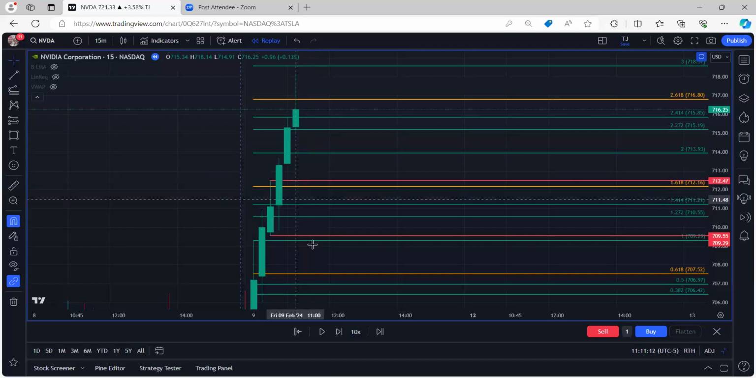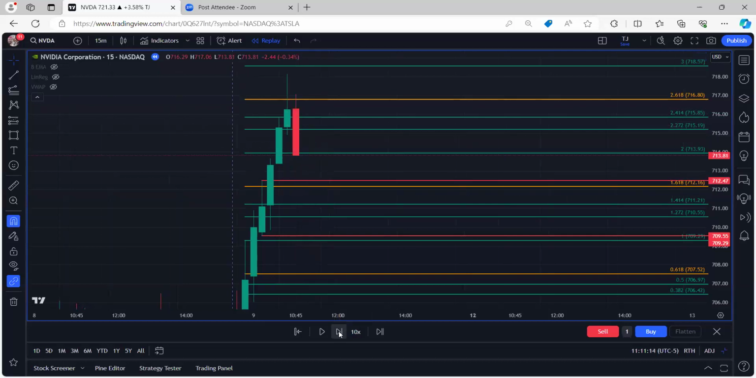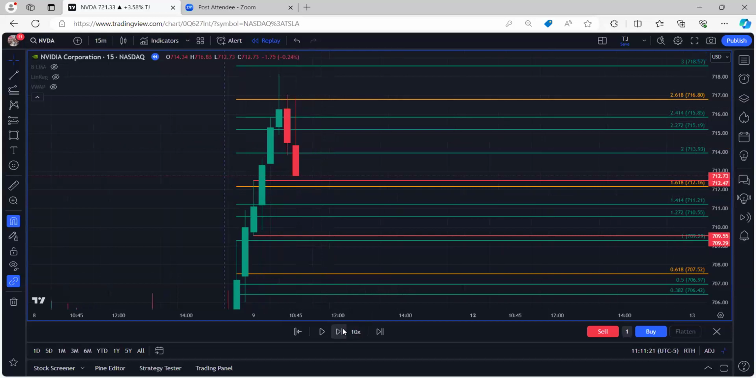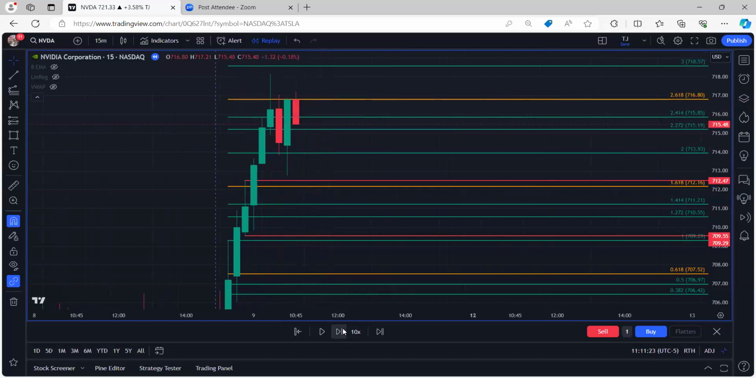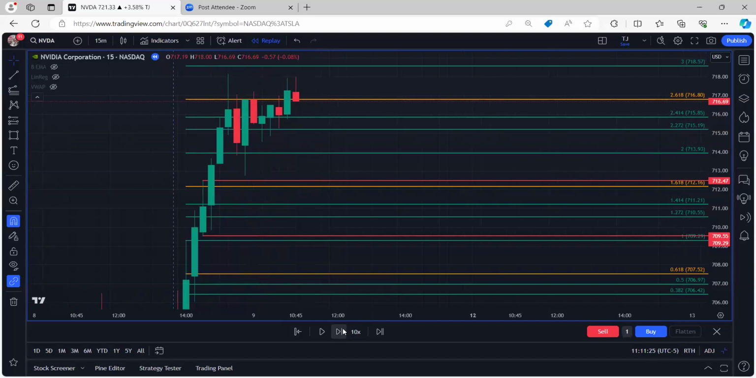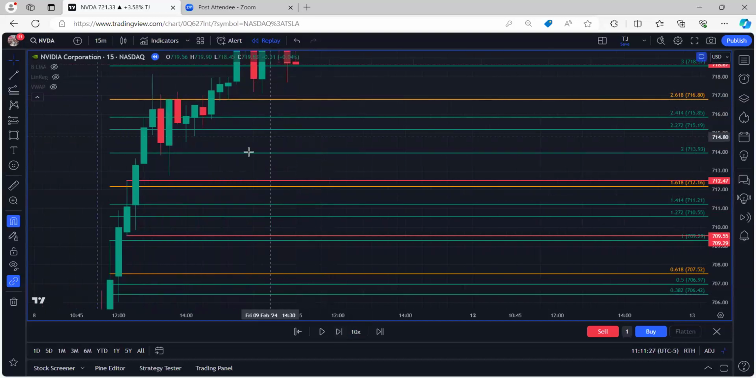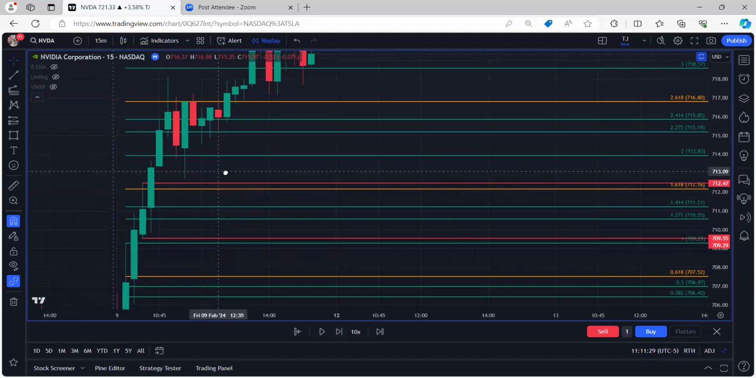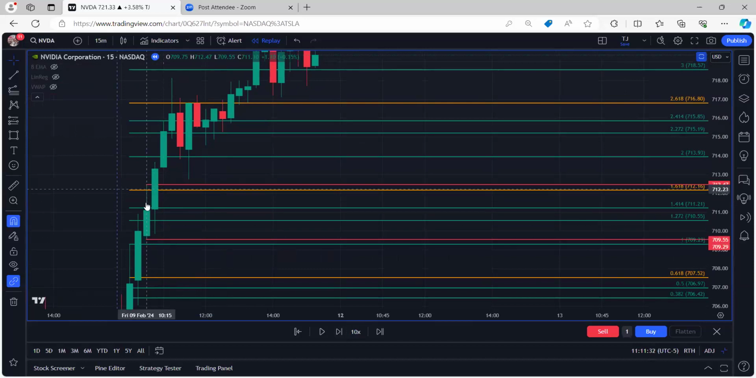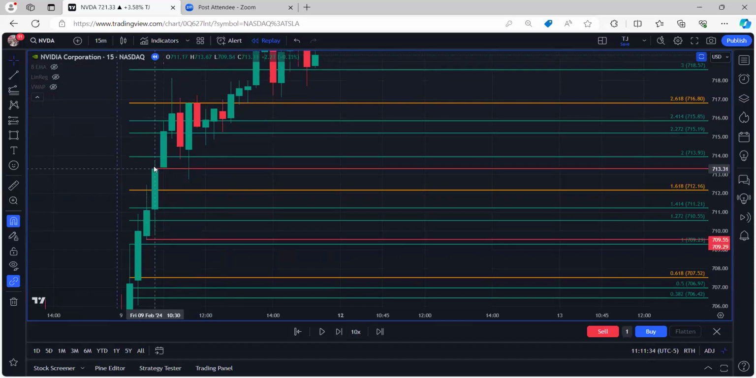So it never gave me my entry, and that's okay, right? I would have just been waiting. The trend kind of changes right there, right? And for the rest of the day, it goes just like this. So it never gave me this entry, but I also never moved my lines. If I moved my line to here,